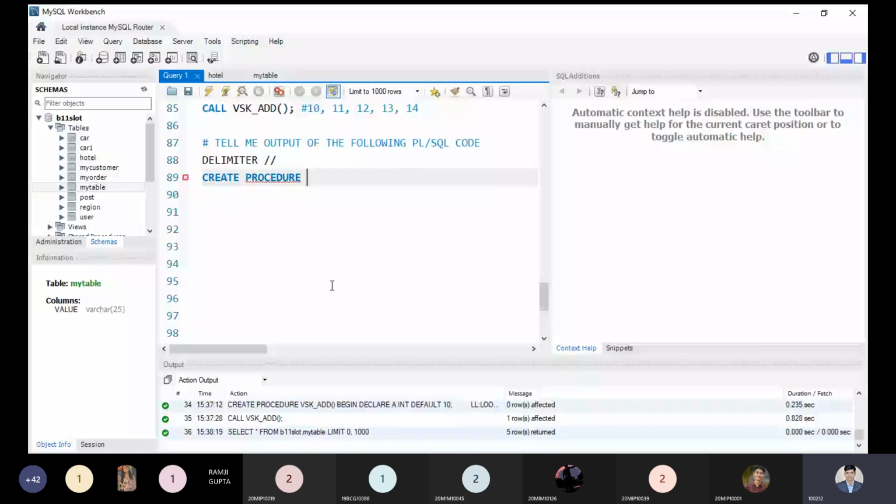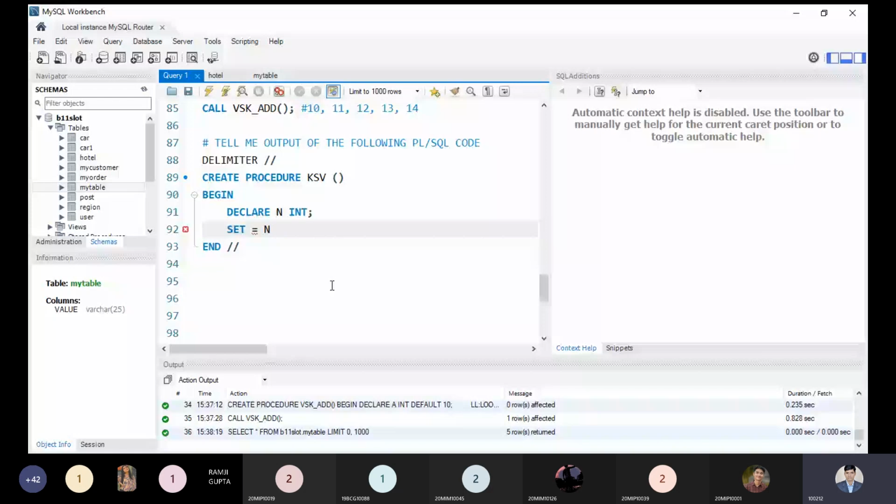I request all the students to please use paper and pencil to get the value of this code which I am typing, and just focus on the code and tell me its expected output. From begin, I'm declaring a variable n as an integer. I'm not taking any default value, and I'm initializing it: set n equal to 0 as the initial value.